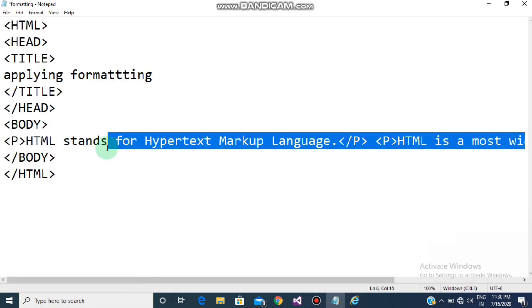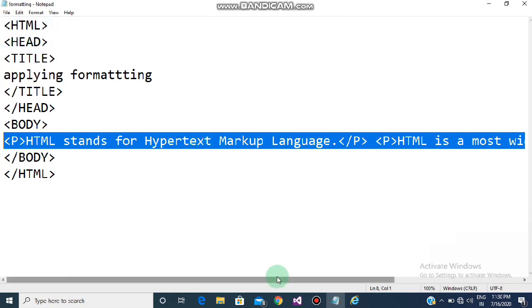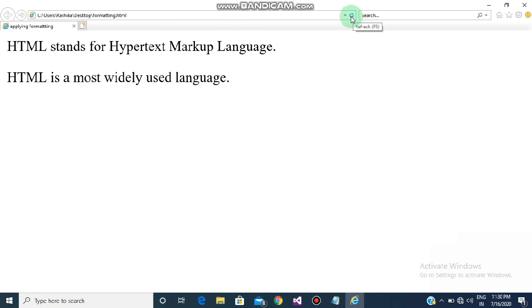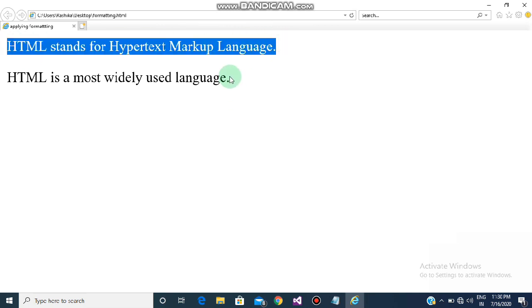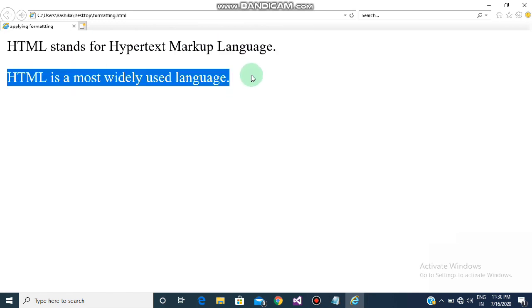Now I'm going to save my file. Okay, now I'm going to go back to my page and reload it, and yes, as you can see, this is one paragraph, HTML stands for hypertext markup language, and this is the second paragraph, which is HTML, the most widely used language.